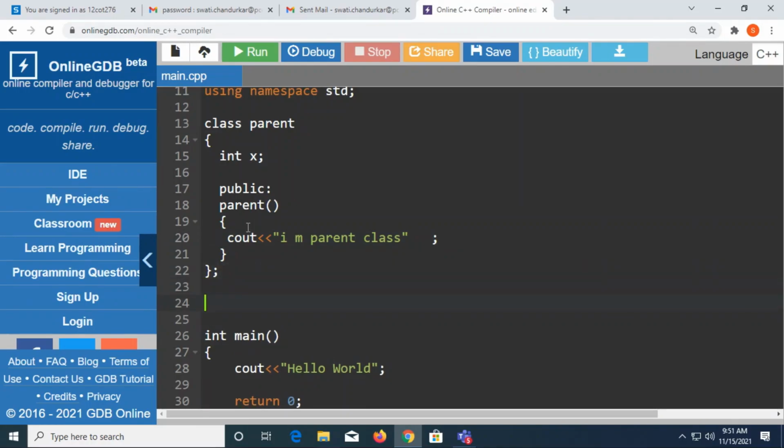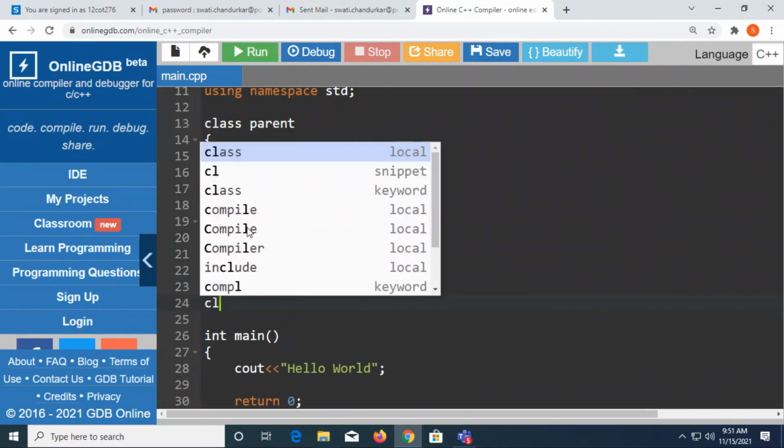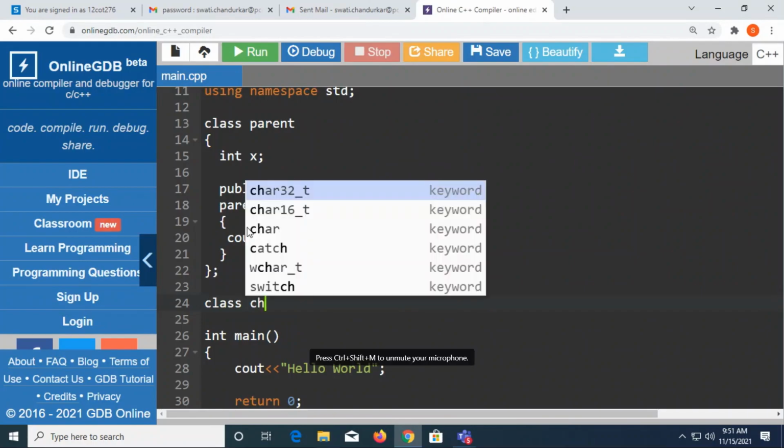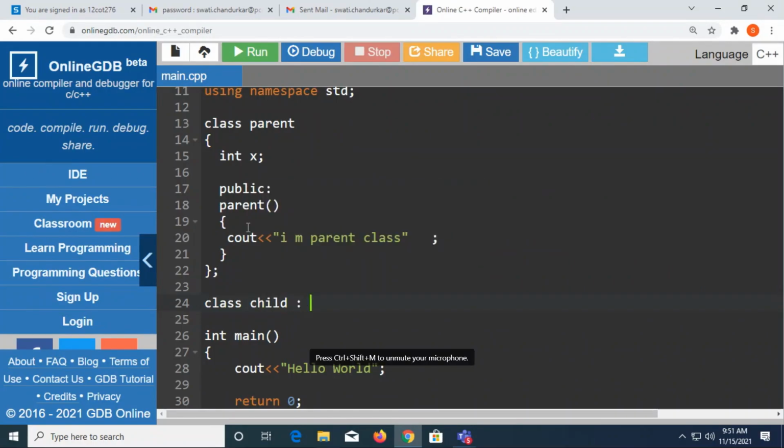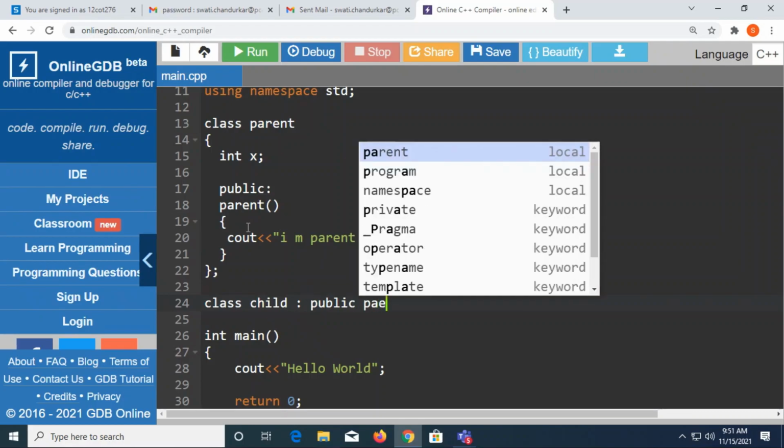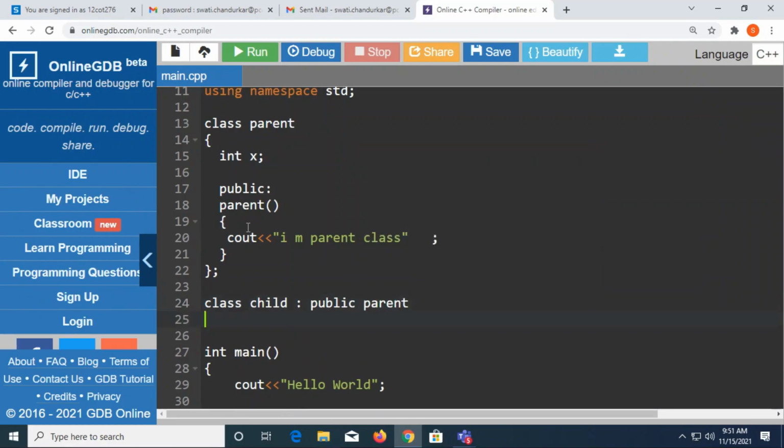I will create one derived class. So what is the syntax? I will write class child colon. I will make the visibility public and then my parent class. Then I'll come to the definition of my child class.